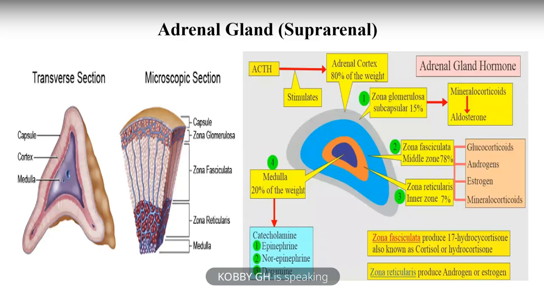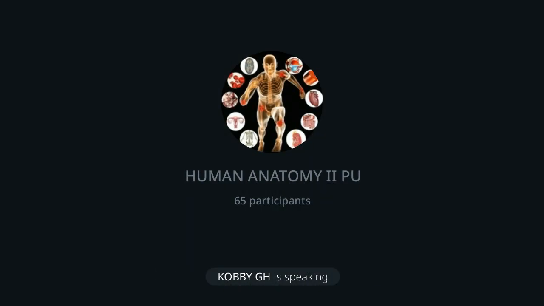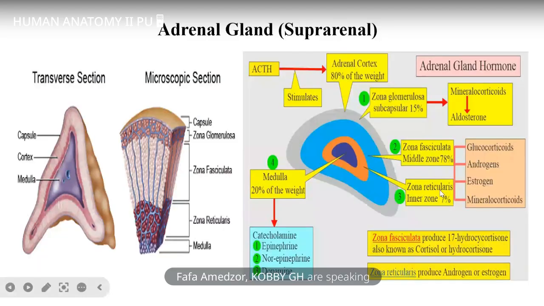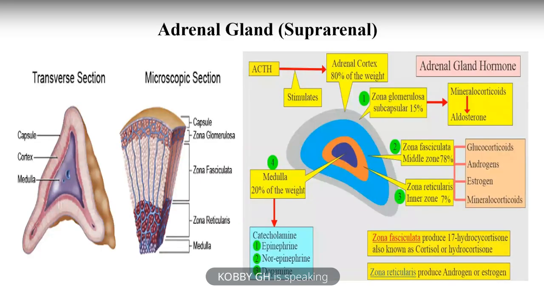Yes. The catecholamines. What are the catecholamines? The epinephrine and the norepinephrine. And the dopamine. What is another name for epinephrine? Adrenaline. What is another name for norepinephrine? Noradrenaline. Okay. What hormones does the zona reticularis produce? The sex hormones. Okay. The androgens, the